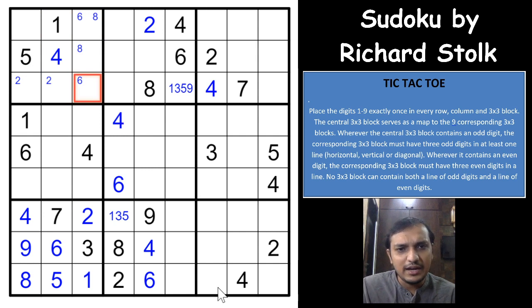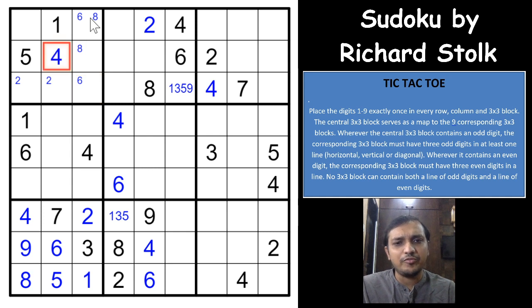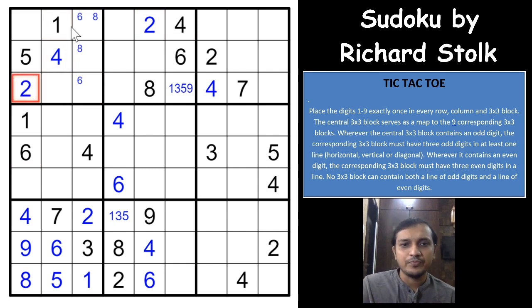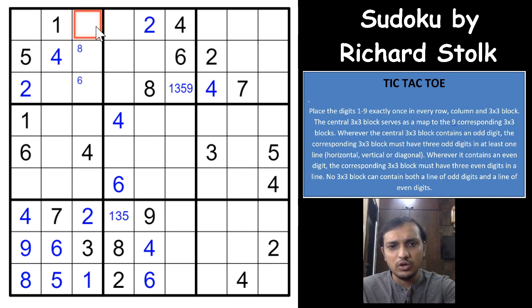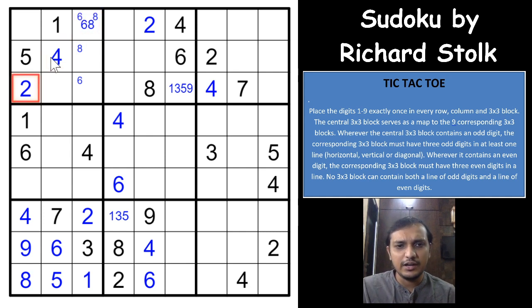So as we already know that the 4 will have a diagonal of 3 digits, right? And it cannot be this diagonal, because this cell cannot be any even digit. It cannot be 8, it cannot be 6, it cannot be 2, it cannot be 4. So the diagonal that is formed will have to be this way. So this would have to be 2, and this would have to be 6 or 8 only. No other possibility of cells having values here or candidates here, right? So the diagonal of even digits can only be this way and cannot be this way, right? So you'll have a 6 and 8 here, right?